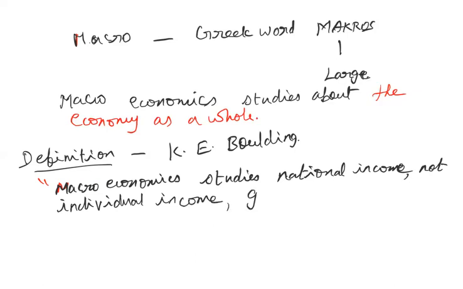And then it studies about the general price level. So the average price level of all the goods and services in the country. That is the meaning of general price level. Microeconomics studies about only one individual price of only one individual commodity or service. That's the analysis of microeconomics. But macroeconomics takes into account the average price level of all the goods and services in the economy. That is what is called as the general price level. Okay. And then general price level instead of individual prices